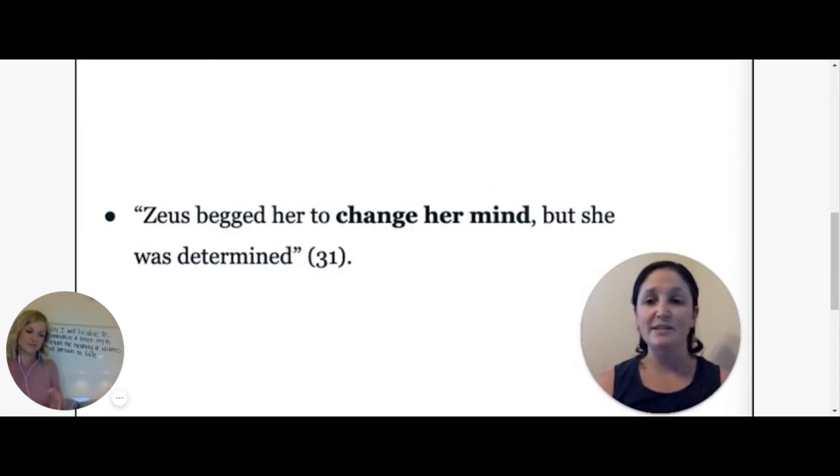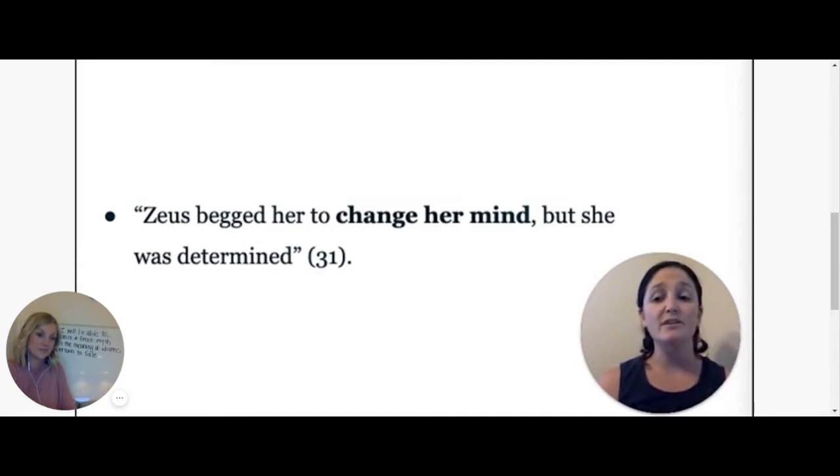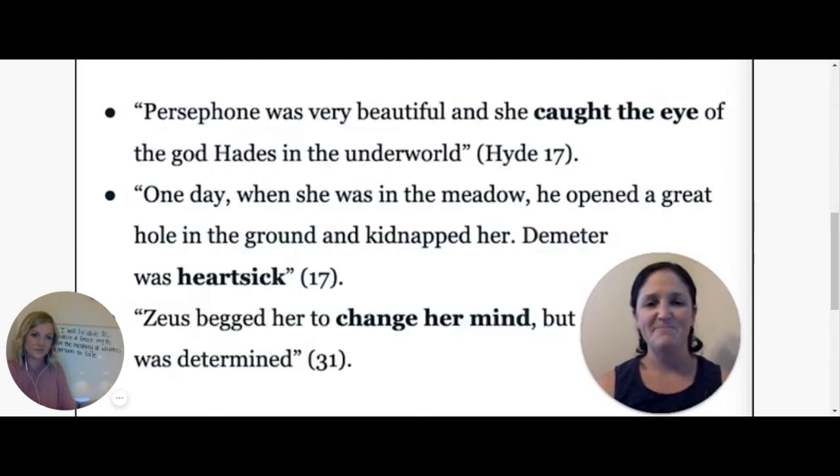The next sentence reads, Zeus begged her to change her mind. Does this mean that Zeus wanted her to switch the brain around in her head with another brain? No, of course not. It means that Zeus wanted to convince her to have a different opinion. These bolded words and phrases are called idioms. Idioms are phrases that don't have a literal meaning just as the words say, but instead they have a different